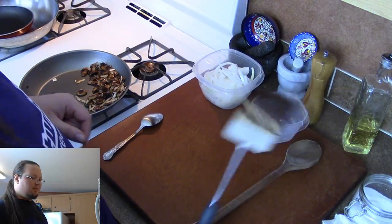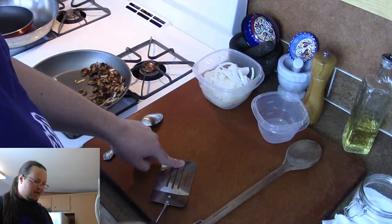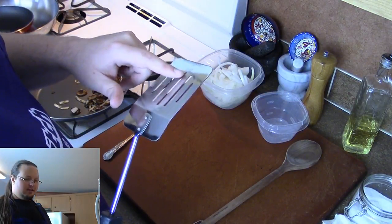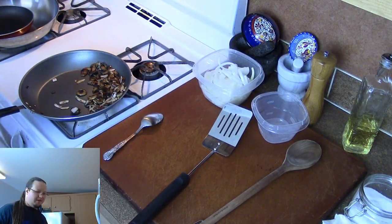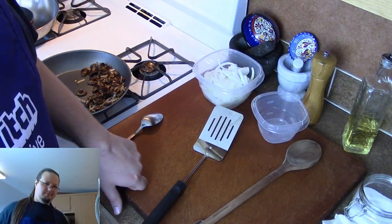I could wrap it in foil. I think that the problem is because of the holes. When you press it down, it's gonna scrape. These slots are quite jagged, to be honest. Just running my finger across them, I'm kind of concerned I'm gonna get a burr in my finger. So I feel like it's just gonna tear the foil with one press. But